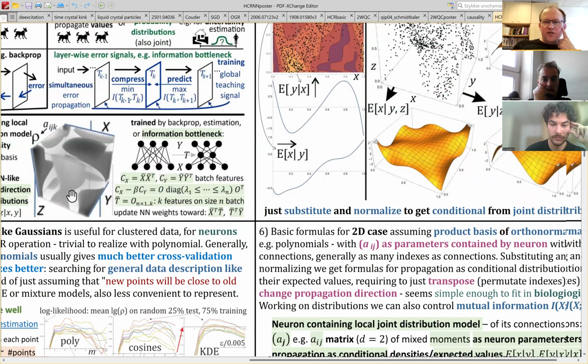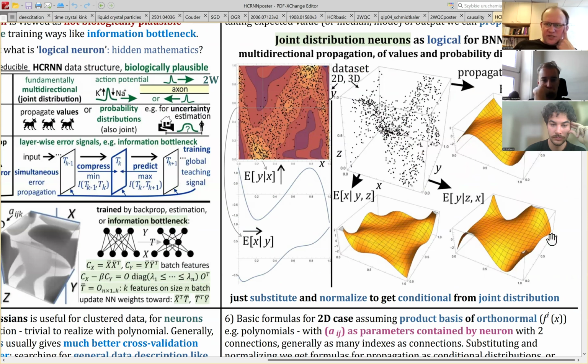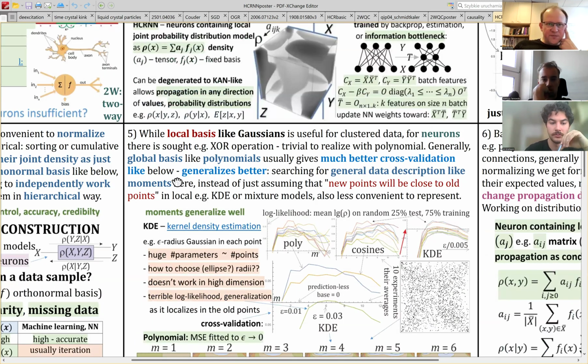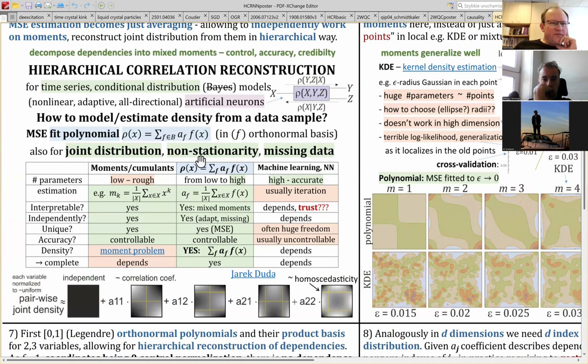Yeah, so for the joint distribution model, it's very convenient to use just this linear combination. So first we normalize variables to nearly uniform distribution. So what we do, so